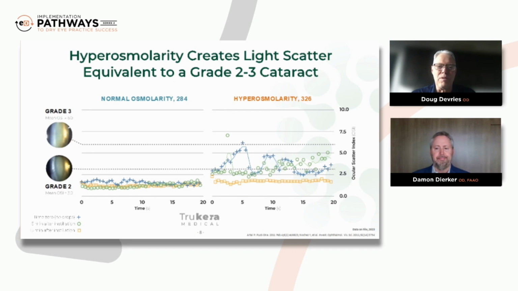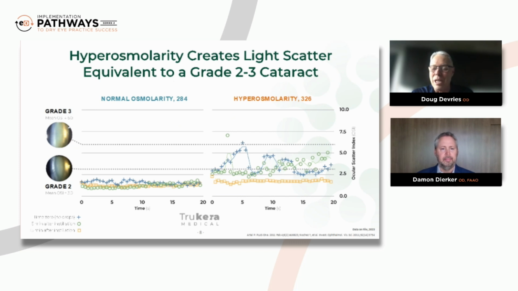Well, when you see over on the far left and you look at, say, a grade 2 cataract, a grade 3 cataract, and then you look at normal osmolarity, as you start to get this mild hyperosmolarity of 326, it's the equivalent of a grade 3 cataract with the light scatter that occurs. So that's the real world that somebody is seeing, and it explains that very first slide that you see